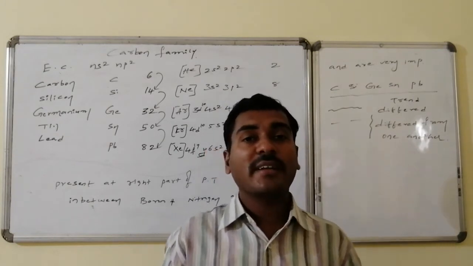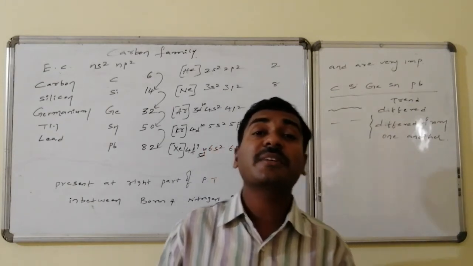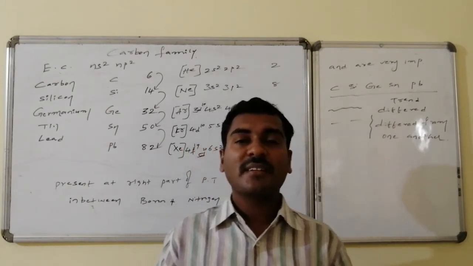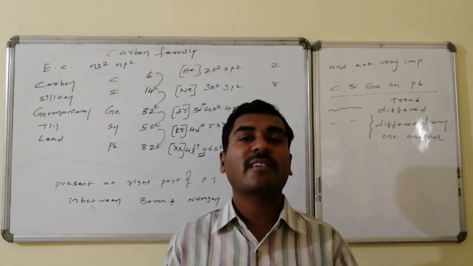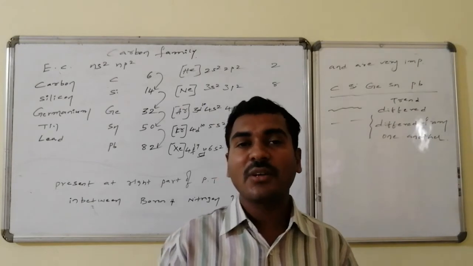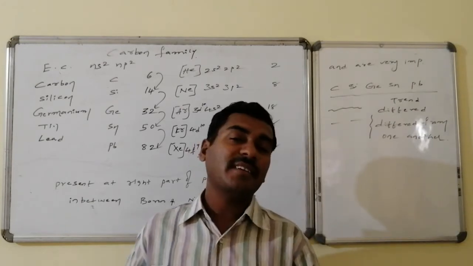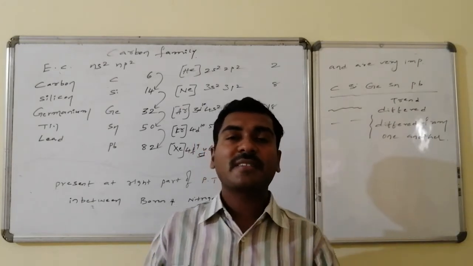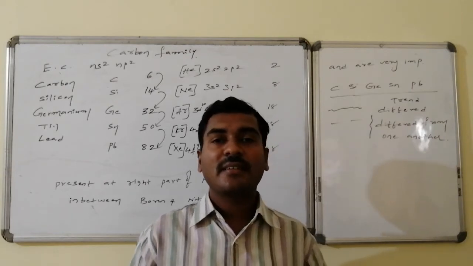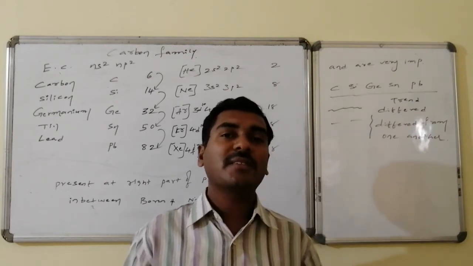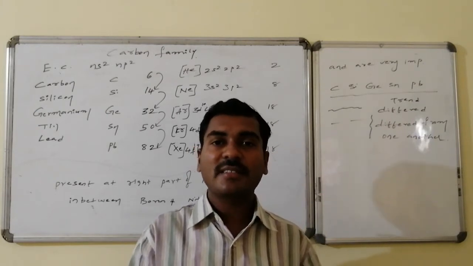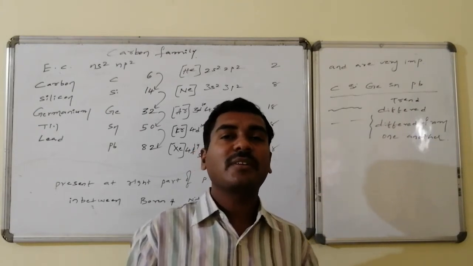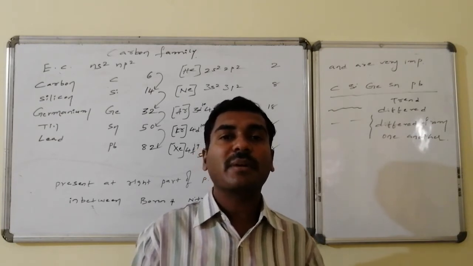Moreover, carbon and silicon also differ from each other, because the penultimate number of electrons is different. Carbon has only 2 electrons, silicon has 8 electrons. So the family maintains regularity. Out of the family, carbon and silicon differ to a certain extent, and within that also carbon and silicon have differences from one another. This is the general introduction related to the electronic configuration of the carbon family.